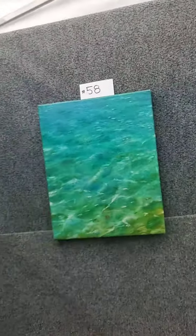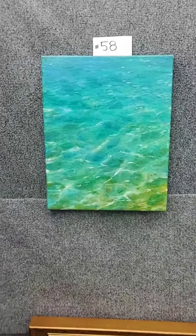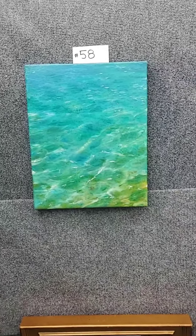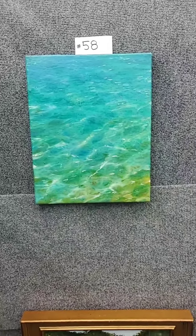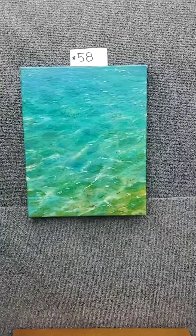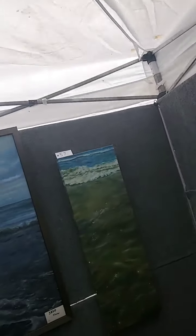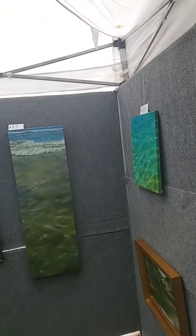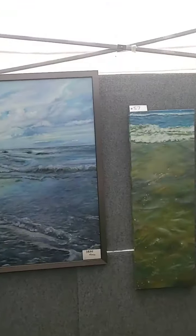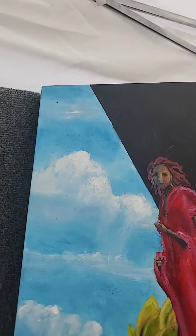And this one is titled Warm, because it was so hot that all you could do is stand in that water. But I just have a sense of the warmth that I experienced while there. All right, those are the newer pieces that I have not included in the prior showing. So I'm going to go back and give you another look at this COVID-19